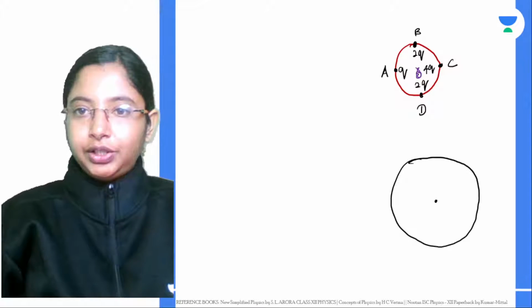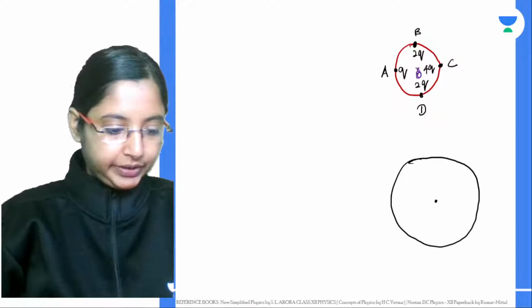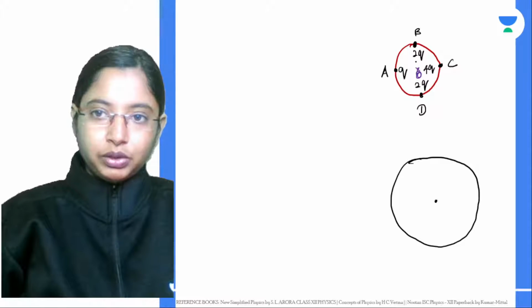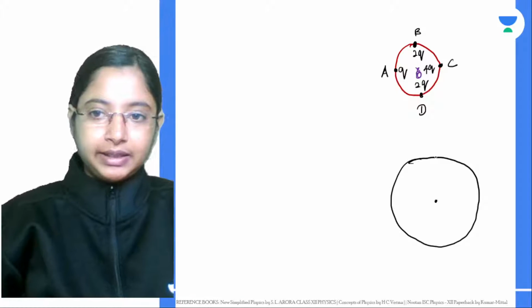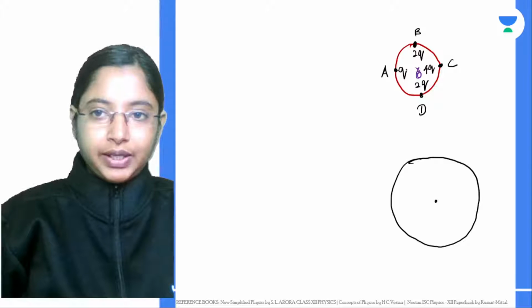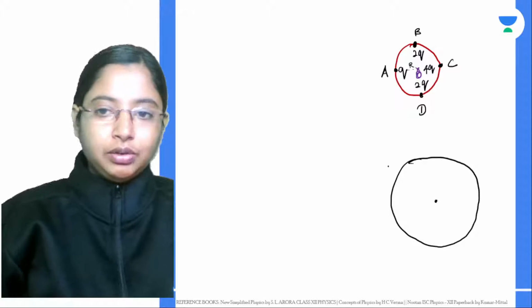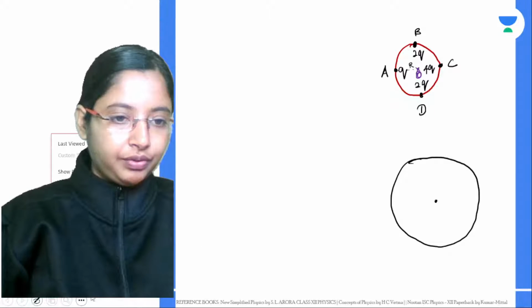Now, before going ahead, we need to know what is the distance, right? What will be the distance of this radius? Let's say the radius of the circle is basically r. Everywhere around the circle, let's take that as r. Now, what will be the effect of